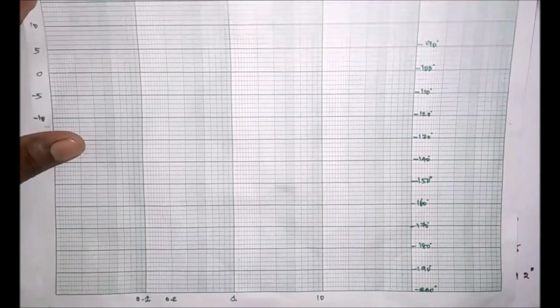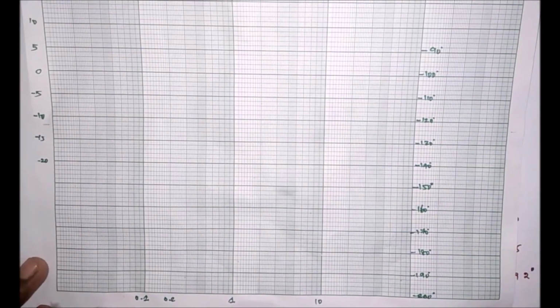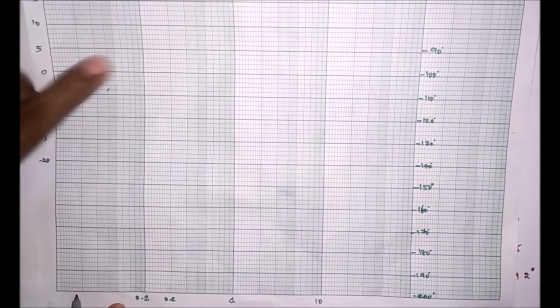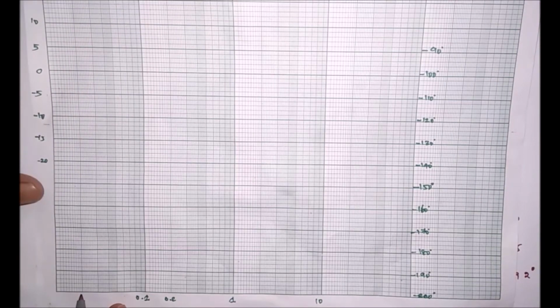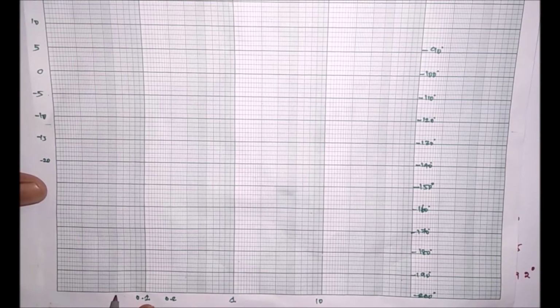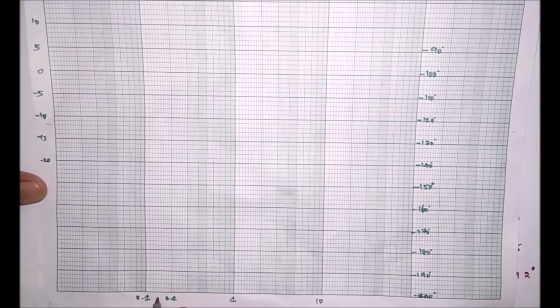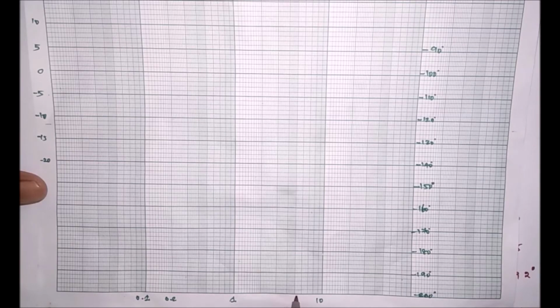On the x-axis we see 0.01, 0.02, 0.03, 0.04, 0.05, and so on. Then this is 0.1, similarly this is 1. It means this is 0.2, 0.3, 0.4, 0.5, 0.6, 0.7, 0.8, 0.9, 1, 2, 3, 4, 5, 6,